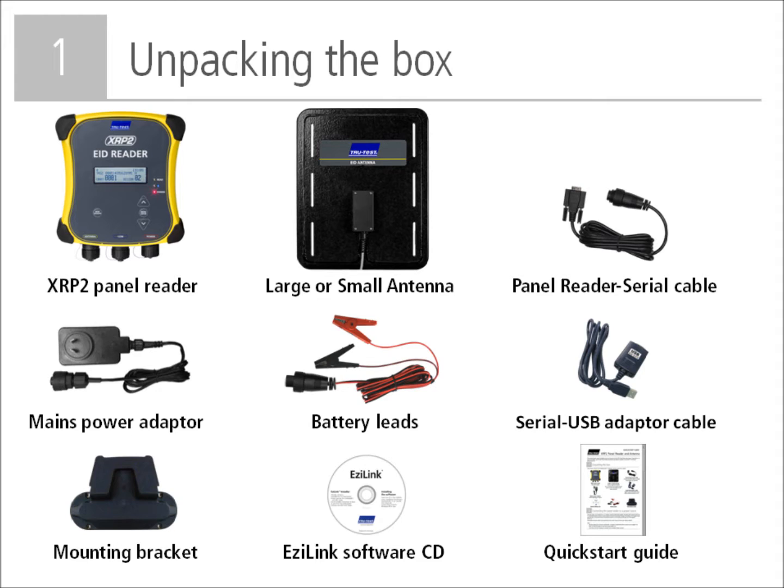that may be supplied separately, the panel reader serial cable that is used to connect the panel reader to a weigh scale indicator, the serial to USB adapter cable that together with the serial cable provides a connection to a PC, the battery leads for connecting to a 12-volt battery, the mains power adapter, the mounting bracket for mounting the